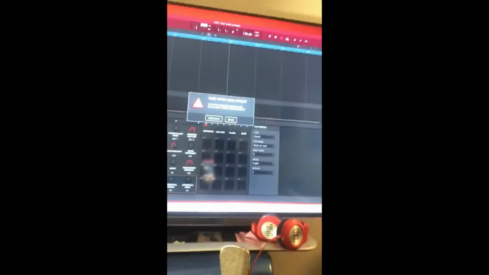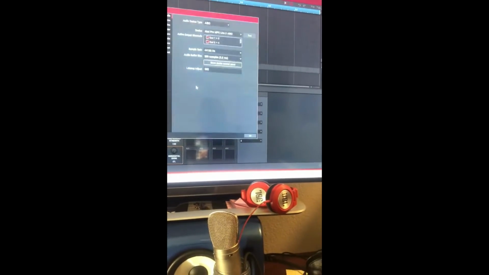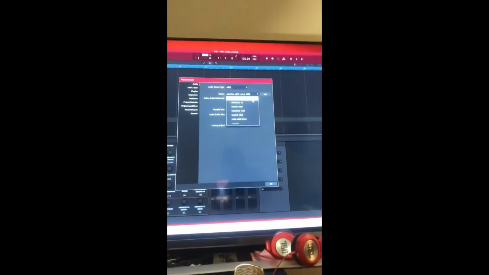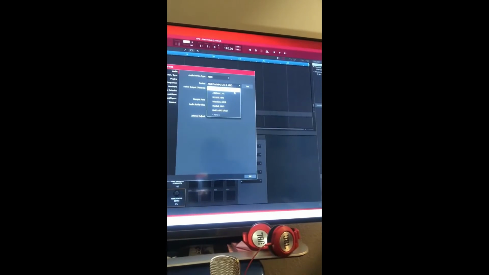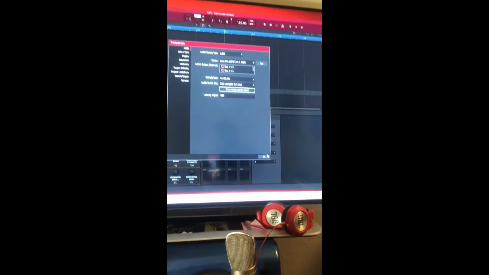So this is asking us an audio device preference. You may get it sometimes when you go back and forth from controller mode to standalone mode. So you hit your preferences, and then you just find the Akai Pro MPC Live as your sound card. You do a quick test. Sorry about that. All right, so now that we got that up,